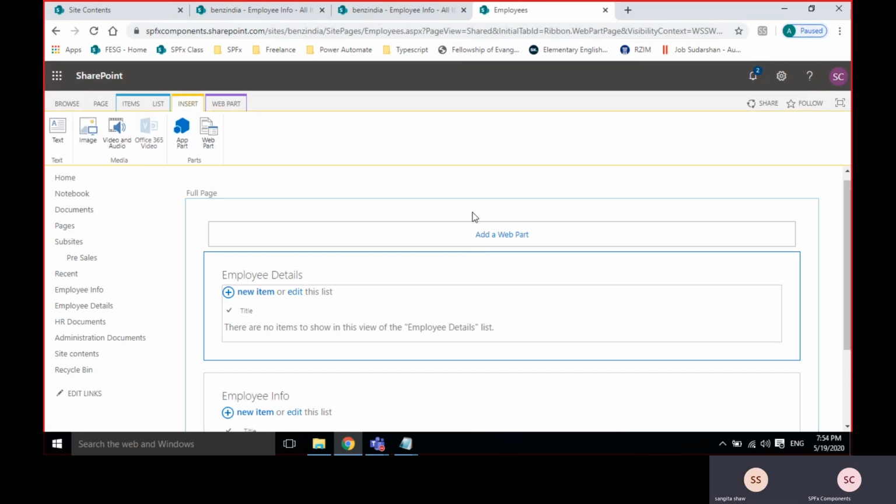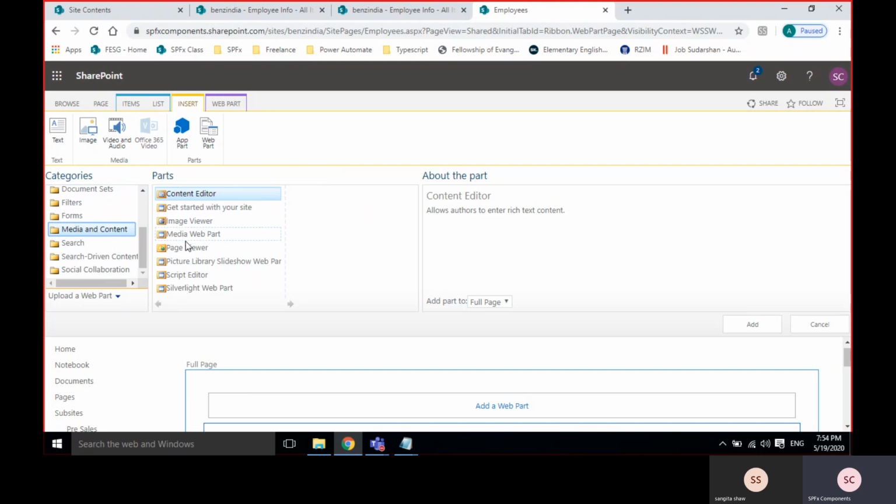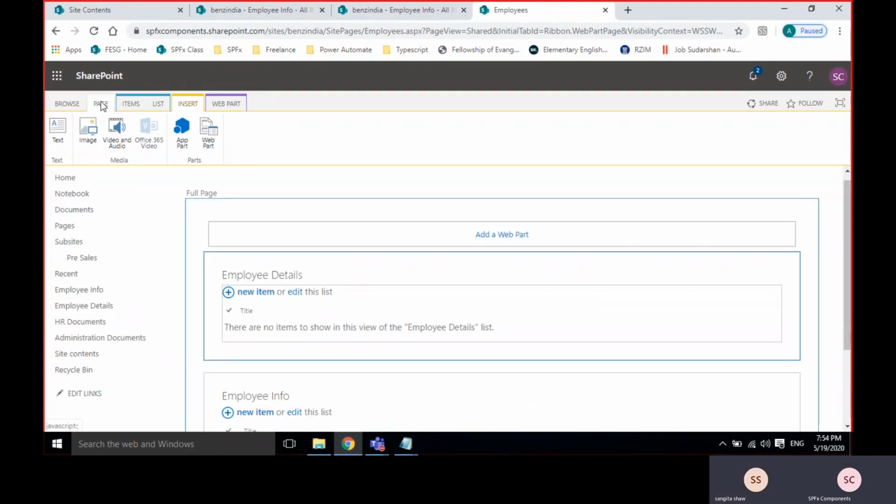And one more thing, we have multiple categories. These apps are all out of the box features, whatever we have created. So we have customized things. If I want to add any HTML, JS, I mean coding part, then I'll go for content editor web part and script editor. We will see that later, I'm just showing it to you. JavaScript, jQuery, those things.